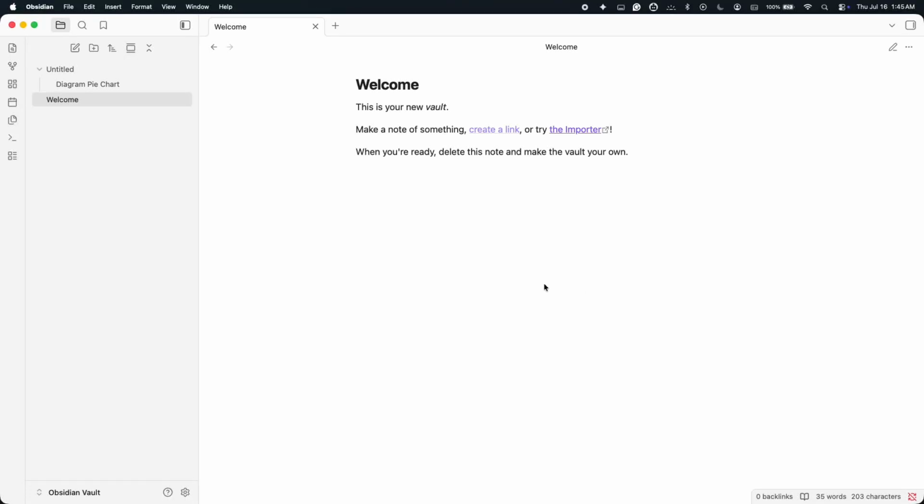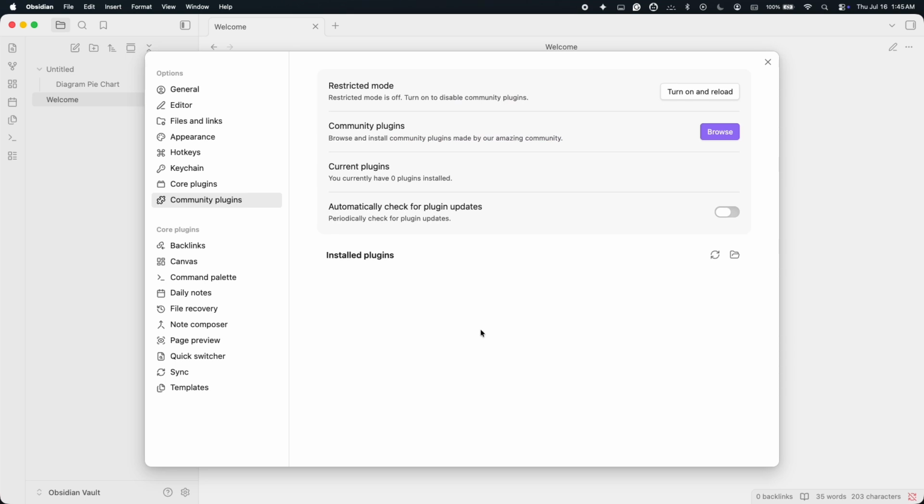Hey everyone, today I'm going to show you how to use Kanban in Obsidian to organize your tasks visually. So first, open the Obsidian application and click the gear icon in the bottom left corner